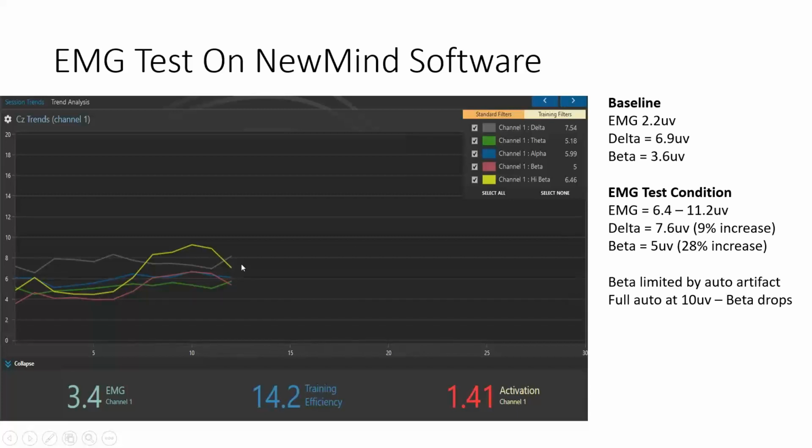Brain's probably shrinking at 70 years of age. But given that's the case, when I tensed up my muscles really hard, look what happened. This didn't go up high. You know why? Because when I tensed my muscles really hard, it kicked off the high EMG filters, and they just cut out the EEG.